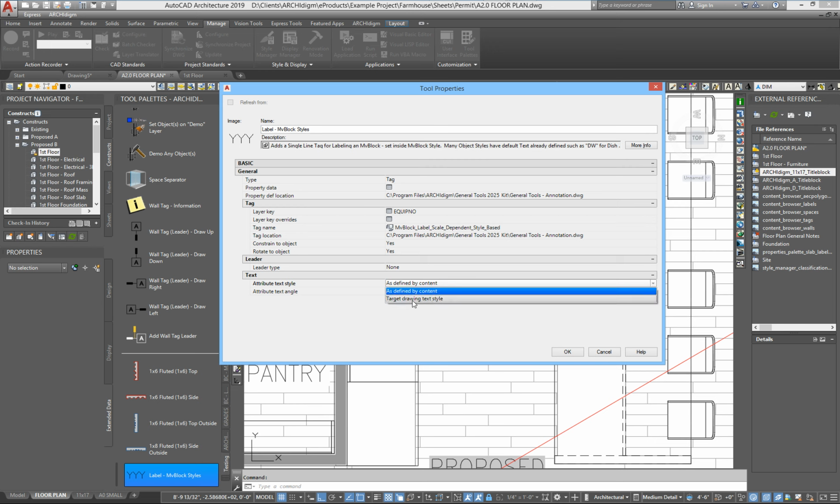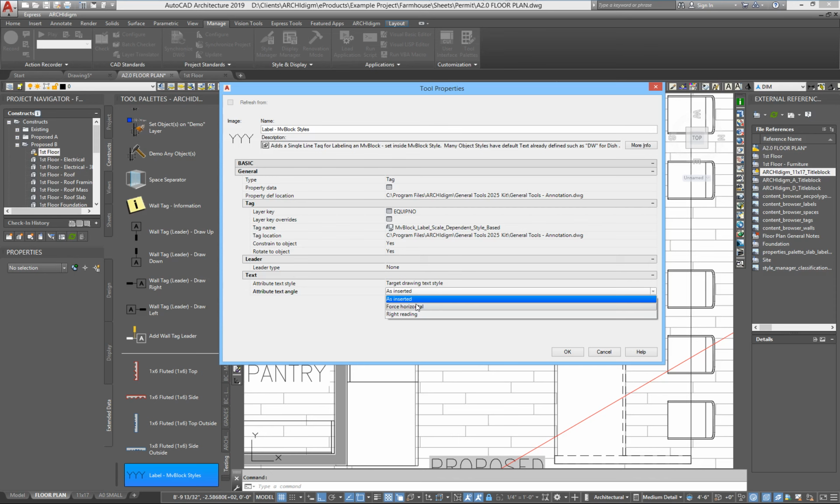So if I say the target is the drawing text style, right there, and attribute text angle as inserted, force horizontal, right reading, you can play with it as well. I'm going to leave it as inserted, but I'm going to have it rotate to the object. So if I go ahead and do that,